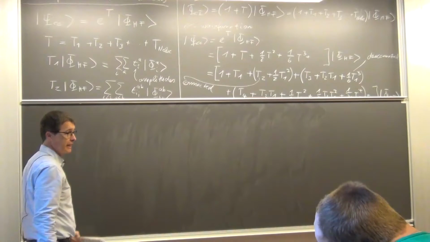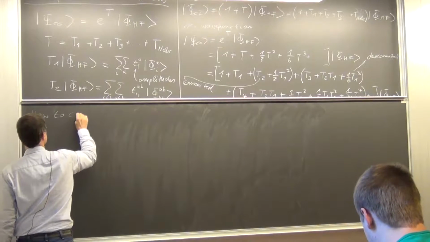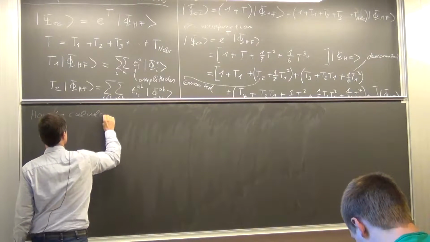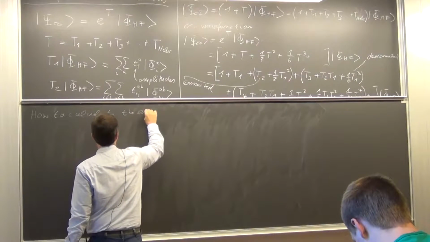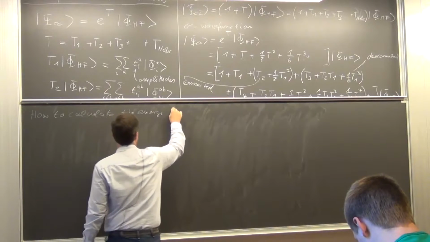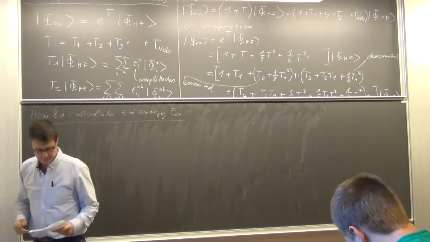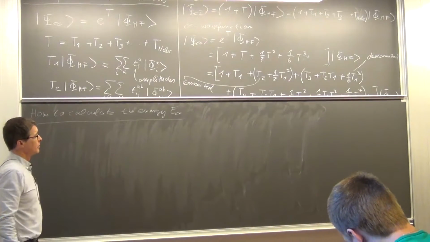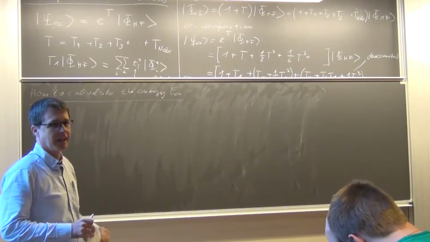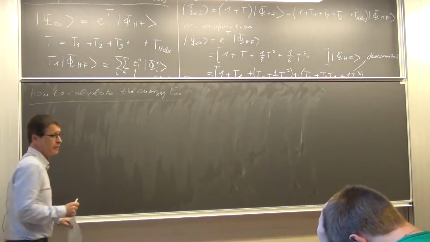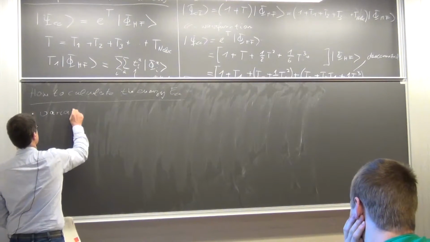The question is now how to calculate the energy. How to calculate the coupled cluster energy. And in principle we could of course do it in, we have now seen two ways of calculating energies with correlated wave functions. The first one would be just like in CI,